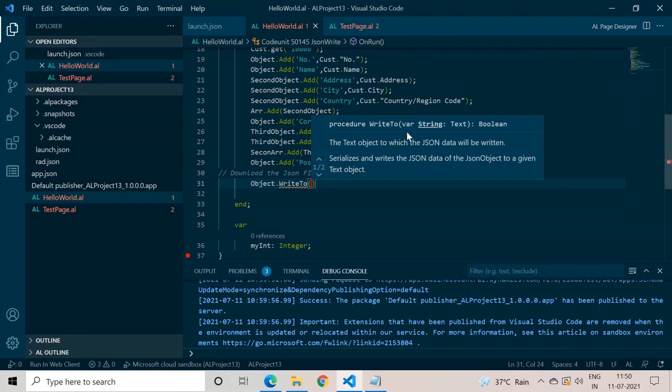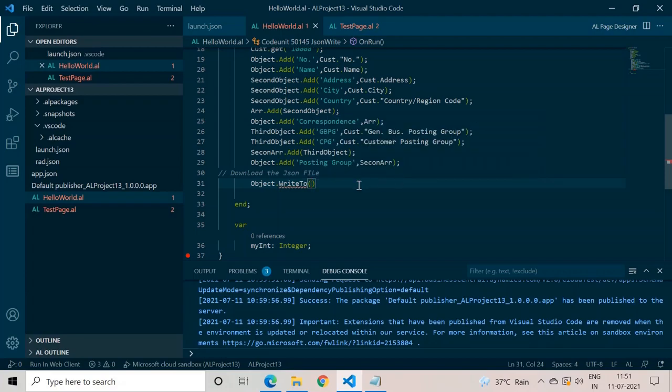The first definition contains one parameter of text data type, and the second definition takes a parameter of outstream, the outstream object to which the JSON data will be written. So it's time to write the information available in the JSON object into my outstream.